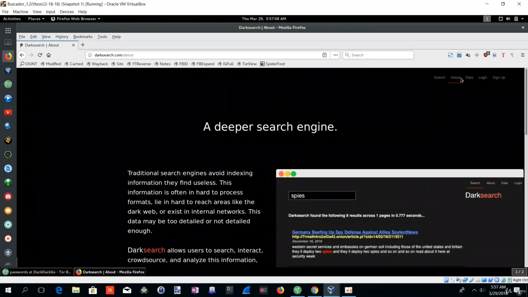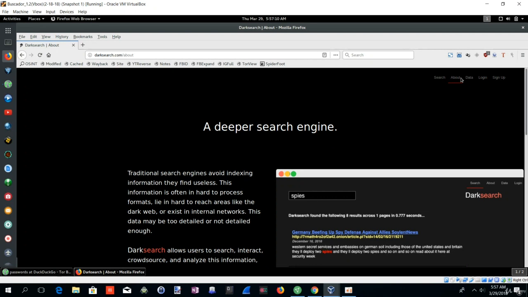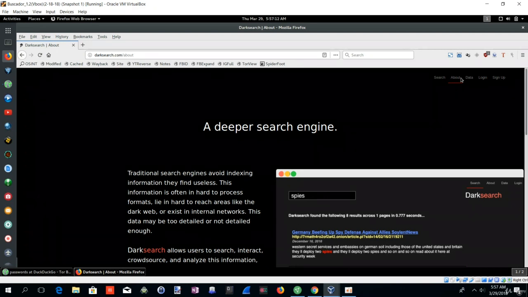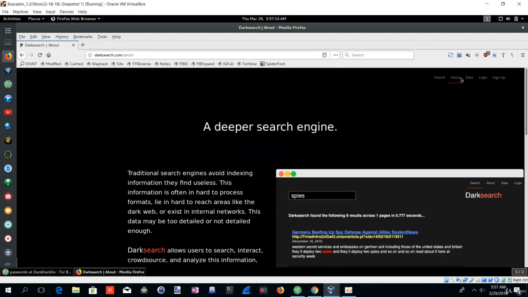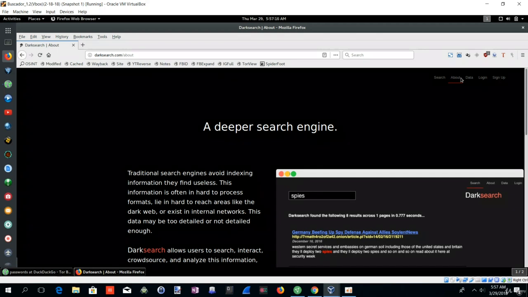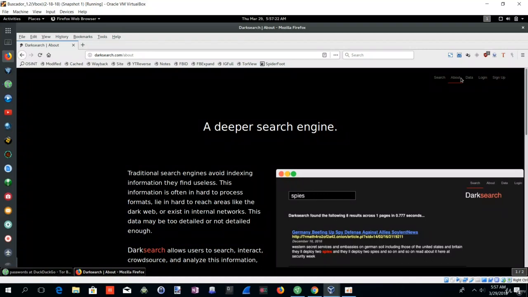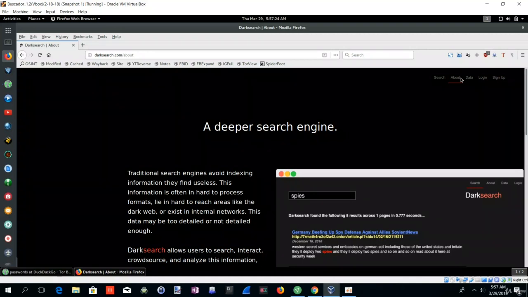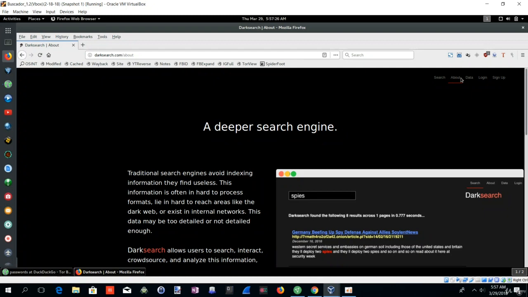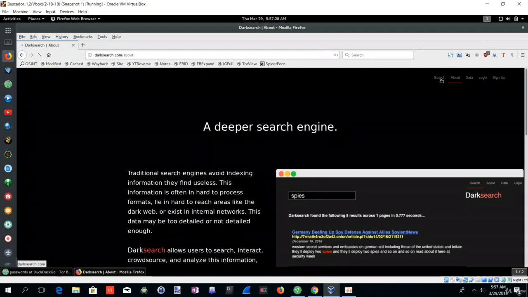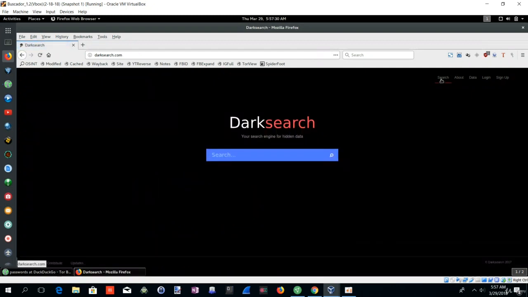The site operates much like any other search engine, simply by entering your search criteria. You can start searching for things. It is tracking sites it's aware of, so your results may vary if you're searching for information on the dark web. Honestly, you're probably going to get more information out of Tor, but again, Dark Search is a far safer